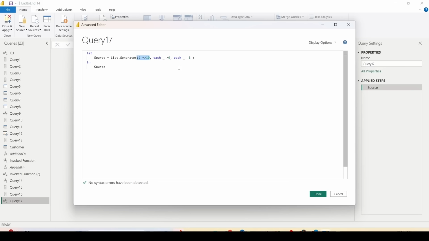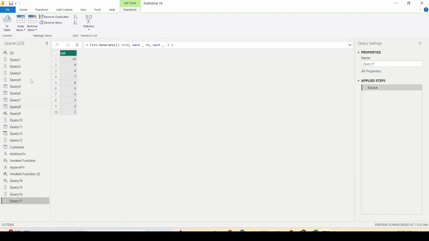So we have an initial value of 10 tested every time for greater than 0, and every value is reduced by 1 to generate a list of values. And let me click on Done, and now we are getting values from 10 to 1, decreasing by 1 in each row. If you want an increasing number list, you can start with 1 and say underscore less than 100,